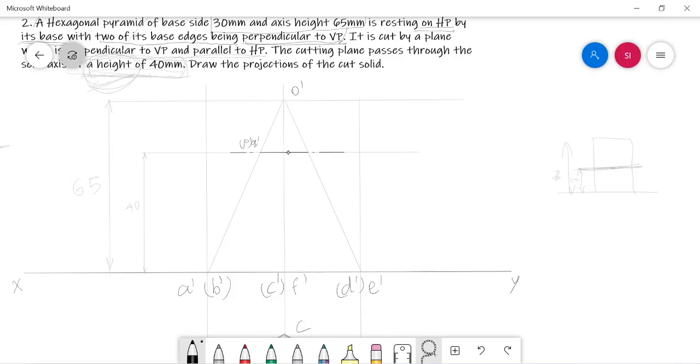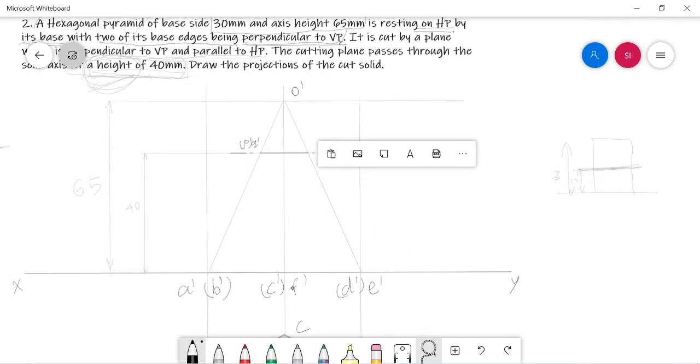Here one more intersection is there. Is it an axis or an edge? No, it is an edge. O dash C dash, O dash F dash, two edges are there, so we have to give two cut points here. R dash, S dash, out of this for any one alphabet you can give a bracket, and then continue your travel.